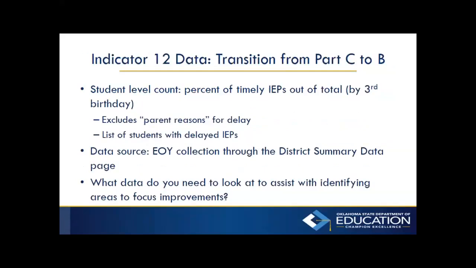So for indicator 12, transition from Part C to B, again, student level count. It comes from the end of year collection that you submit to us through the district summary data page. Okay, again, it excludes parent reasons for delay. You had to submit a list of students who had delayed IEPs and evaluations by the third birthday, and we